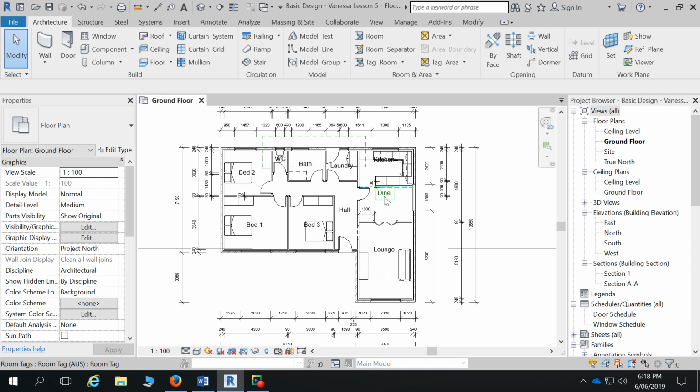I showed you guys the duplicate the view with detailing and as a dependent, I think, probably the week before last. So if you want a blank copy, you just duplicate it. If you want the same annotation on that one, but to change it, you duplicate it with detailing. And then if you want to have two floor plans that update each other, you just duplicate it as a dependent. Obviously all those are model based. You can draw detail lines and things like that on it, but they're 90% model based and probably 10% detail line based. In Revit, there is also,